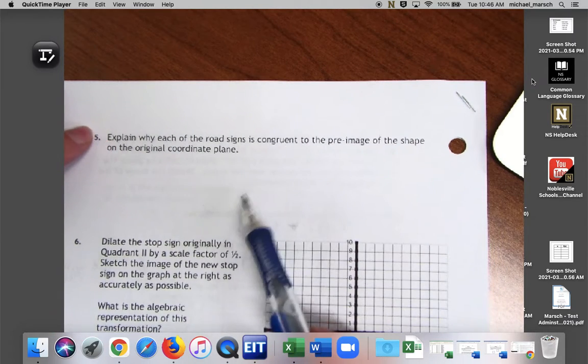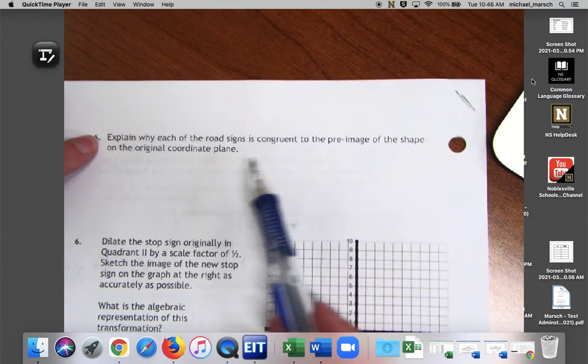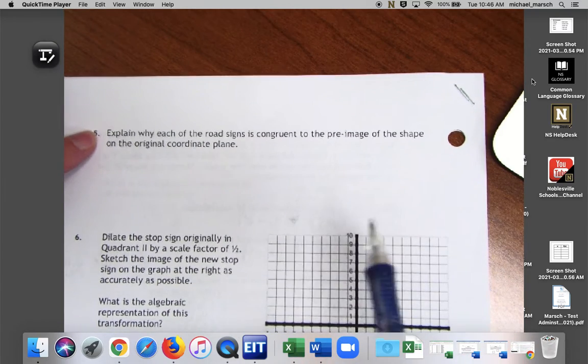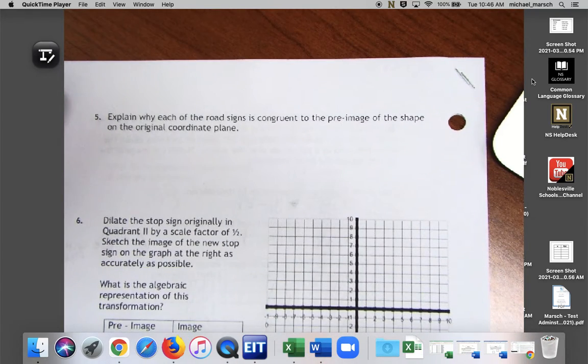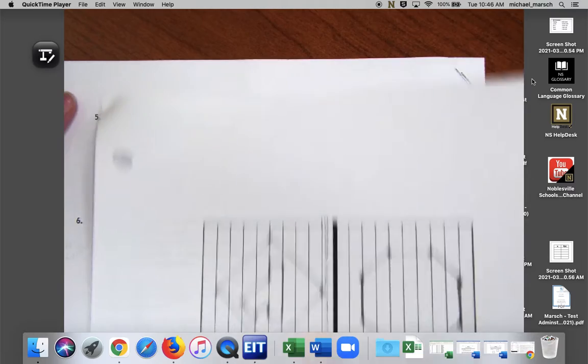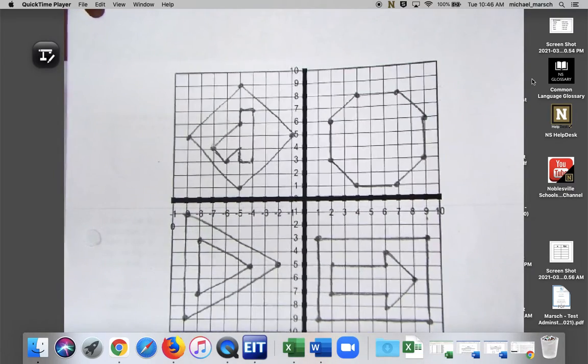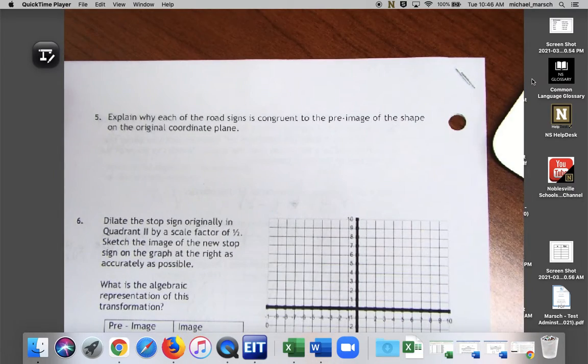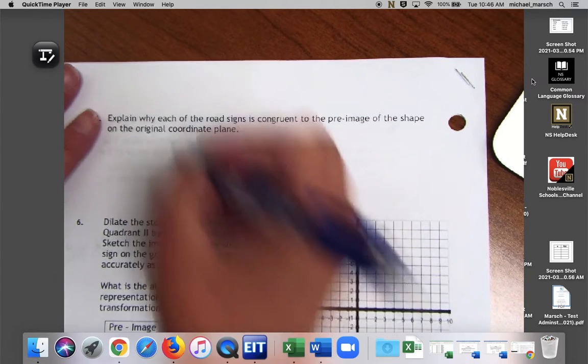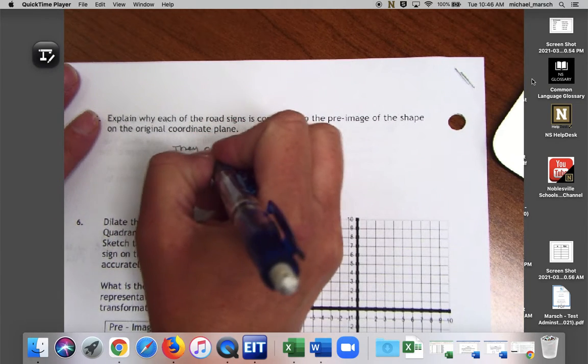But we're going to think back to why all of the road signs are congruent. So when you think about how when we created all of these new locations for these images, why are they still congruent, meaning same size, same shape? Who can tell me? Why are they congruent? What didn't we do to these shapes? Change the size. Alana, yeah, we did not dilate, right? So they are congruent